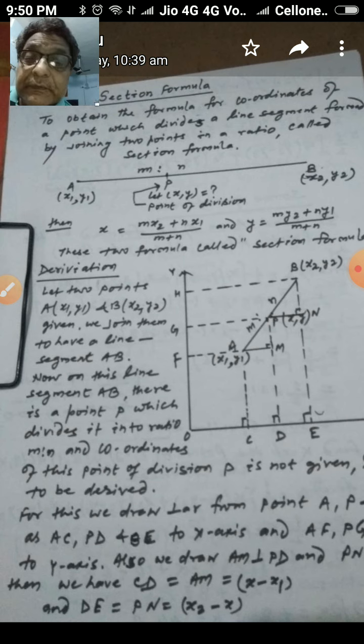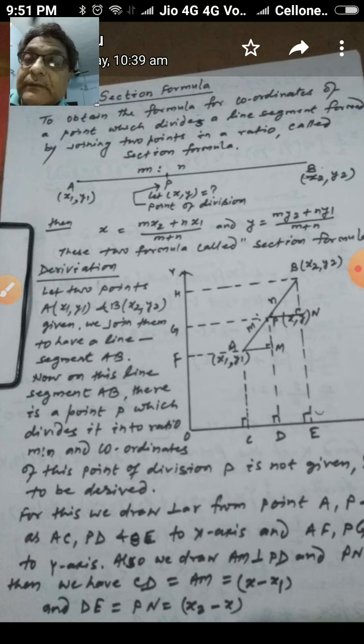So before this we have seen already in coordinate geometry the distance formula and how to find the area of a triangle when three non-collinear points are given. Today we will see one more concept of coordinate geometry for class 10, which is called section formula. Now let us introduce the topic.